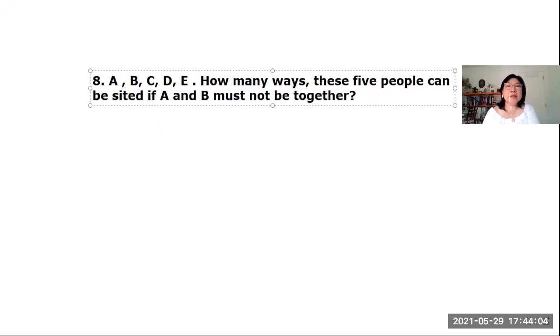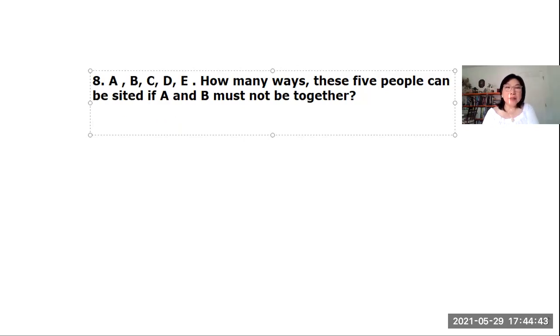You want to sit these people together, so A may sit beside B, and B may sit beside C and D. However, the question says A and B must not be together. So the first case could be A and